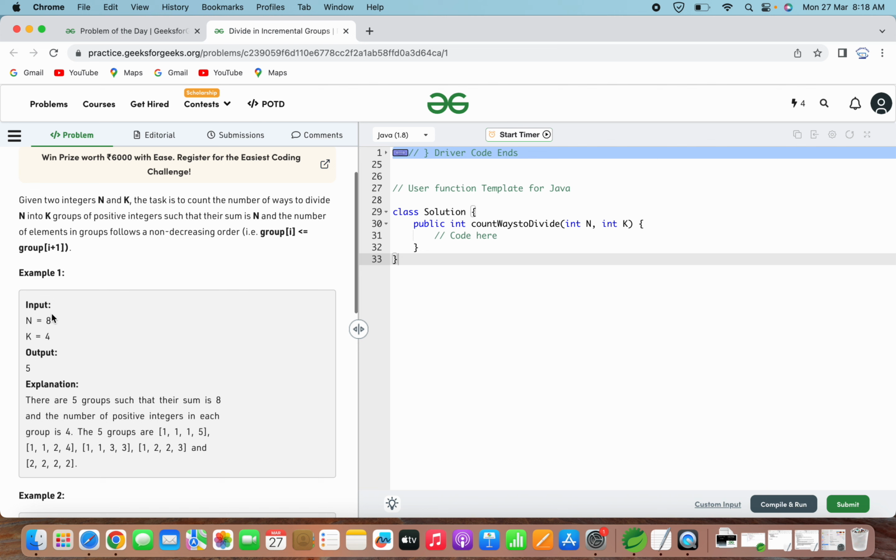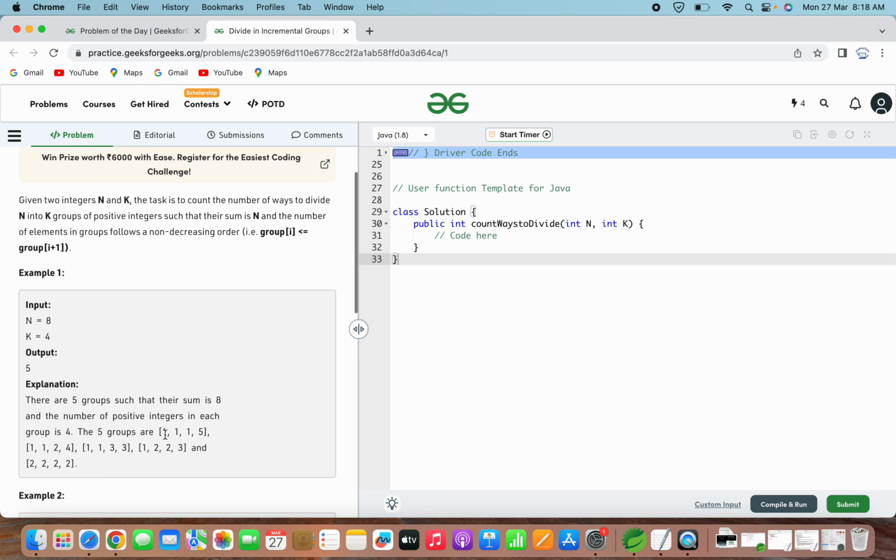For this example where n is equal to 8 and k is equal to 4, the total 5 groups we are getting. So there are 5 groups such that the sum is 8, and the number of the positive integers in each group is 4. So I hope now it is very clear that k is the size of each group, not the number of groups which you have to return.